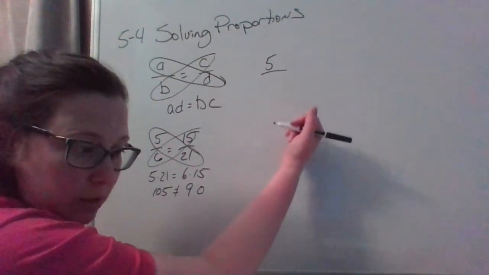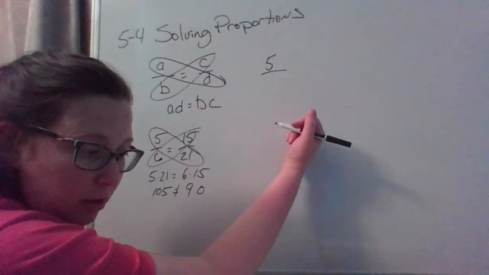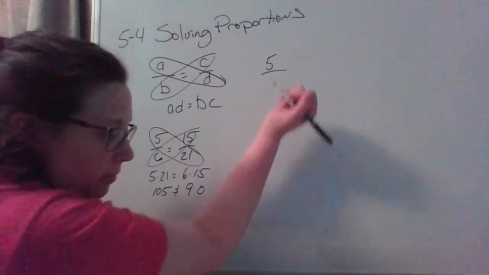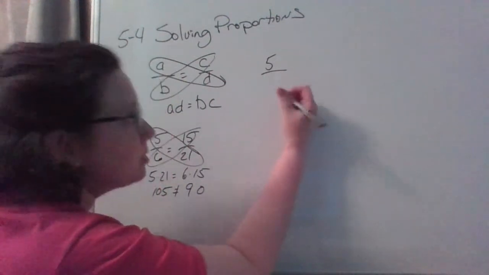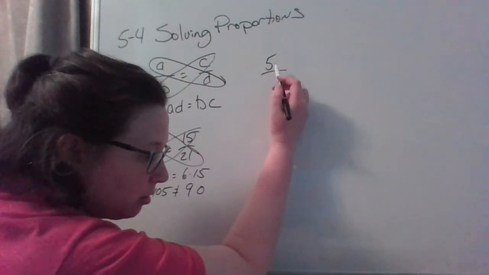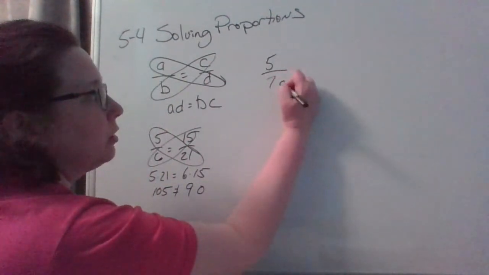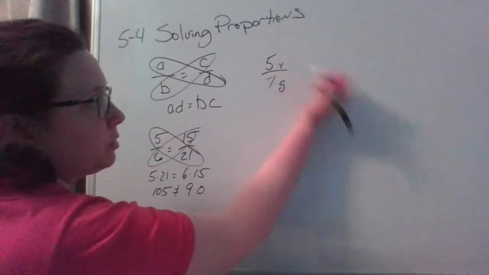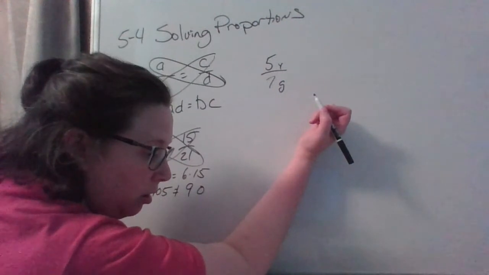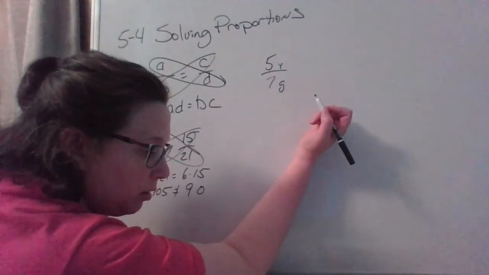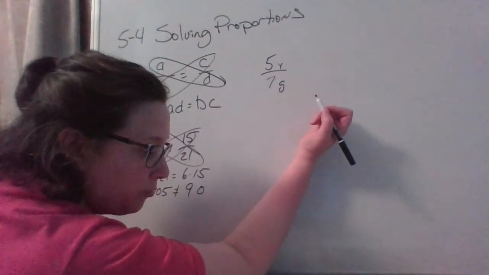So this is saying that one shade of paint is 7 parts green and 5 parts yellow,